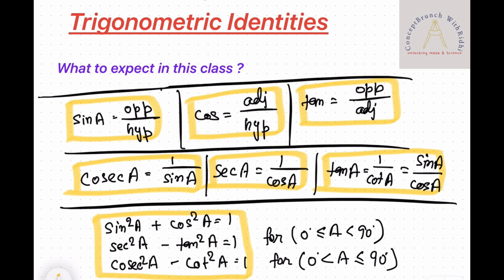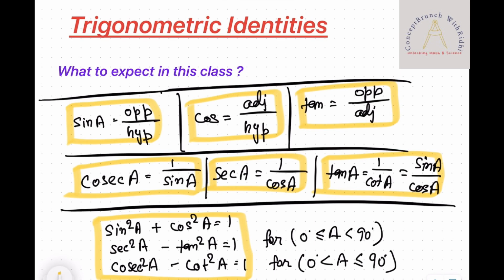with today's topic. Hope you all are settled and ready because today we are beginning the theory of trigonometric identities. What to expect in this class? In this session, we'll explore the basics of trigonometric identities, understand their significance, and solve a few introductory questions to